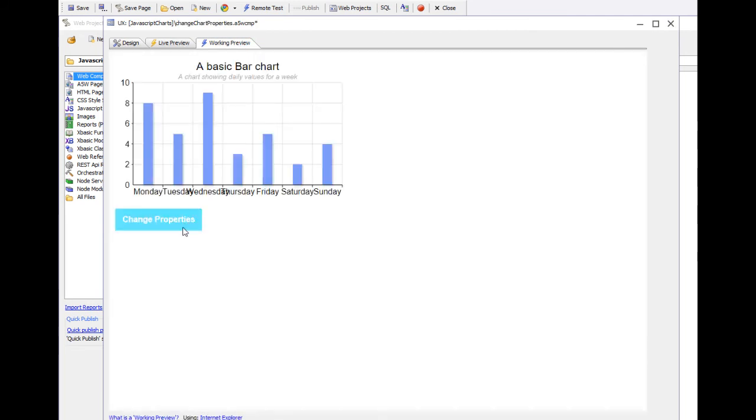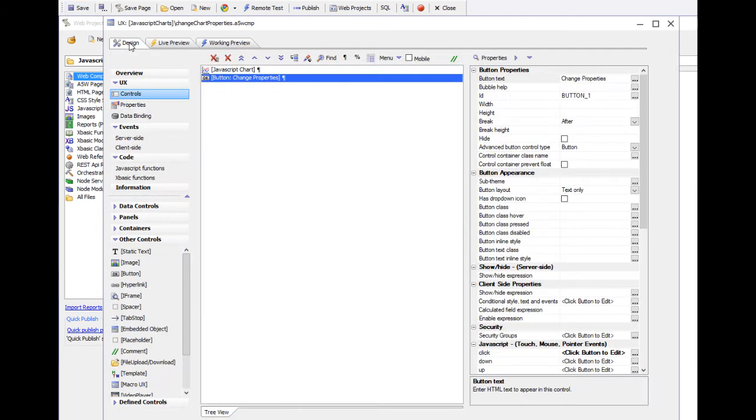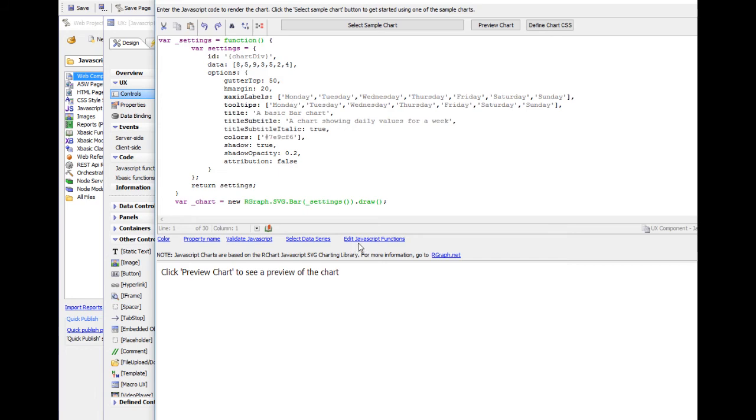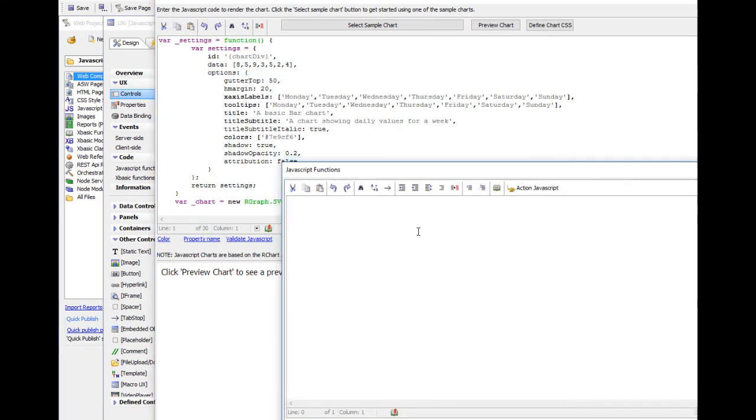There's our chart over there, and we change properties, and now you can see we've changed the properties on the chart, and we've done this using Action JavaScript. But now let's look at how this could have been done using just a JavaScript function. So we'll save this now, go back into design mode, go over to our chart over here, and define a JavaScript function, and we'll just call it, say, function get values,